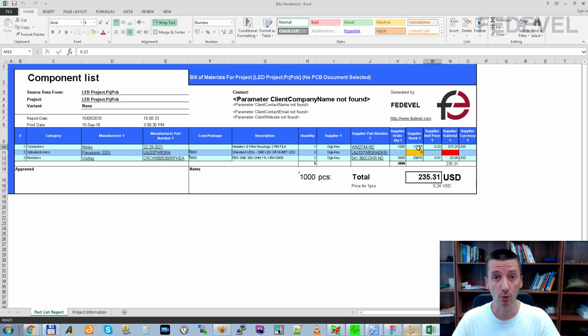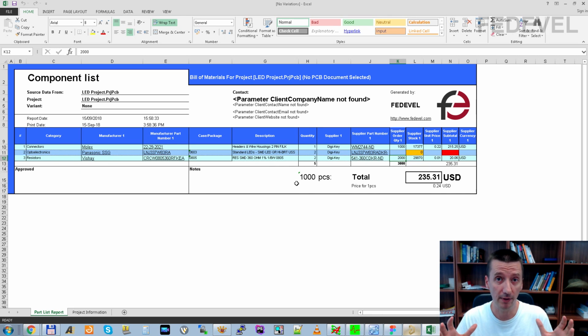And what is also really good on this BOM is that it shows how much it would really cost you to build 1000 pieces of the board. So it automatically uses the prices which are needed to buy the proper number of components to build 1000 pieces of your board.